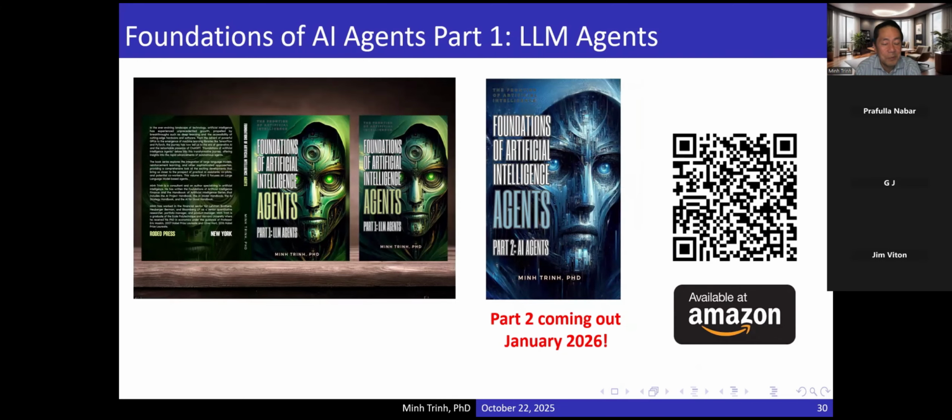Okay, so this is just for my book. This is the first book. I've written three books on agents. The first book was published earlier this year, in January. I'm working on the second volume. A lot of what you've seen today will be in the second volume. I'll talk about AI agents in general, deep research agents, AI scientists, research in science. I'll talk about research that has been done in RAG, knowledge graphs, and so on. A lot of summarized research that has been done this year. And part three will be when we're going to have AGI. So it could be in